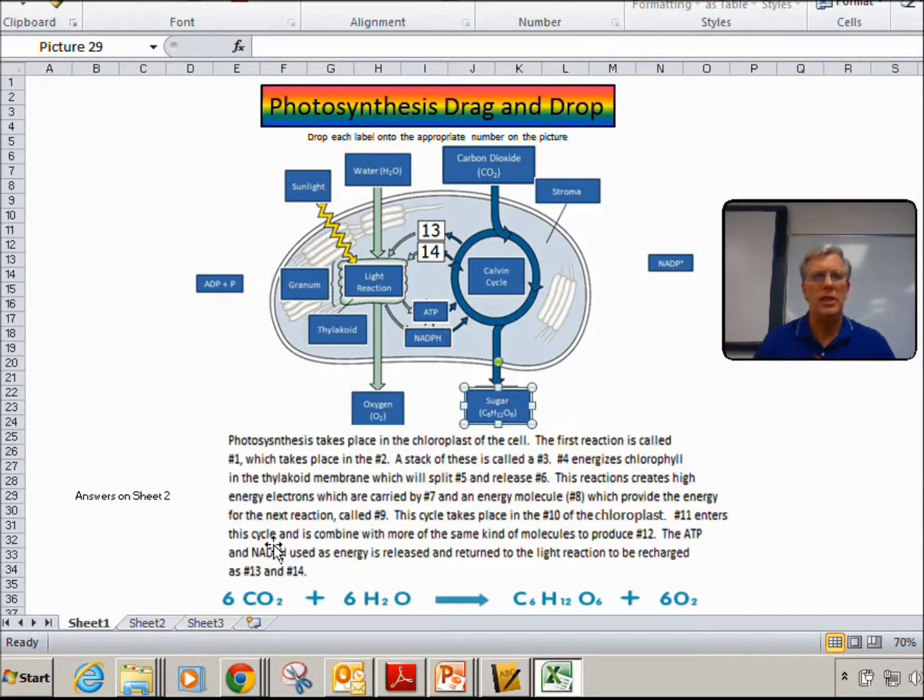The ATP and NADPH used as energy is released and returned to the light reaction to be recharged as 13 and 14. Okay. So as you can see, if you can label this diagram, then you'll be able to answer